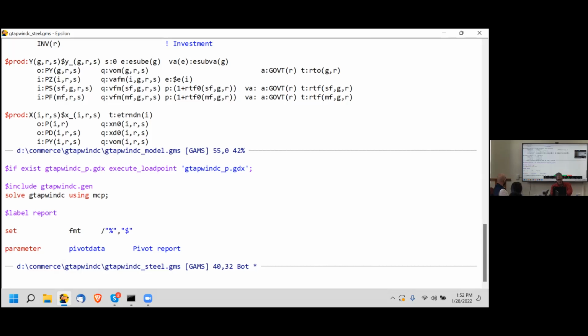dollars or dollars diff. We can also do some annex. So let's first say what happens to output. So we're going to say pivot data